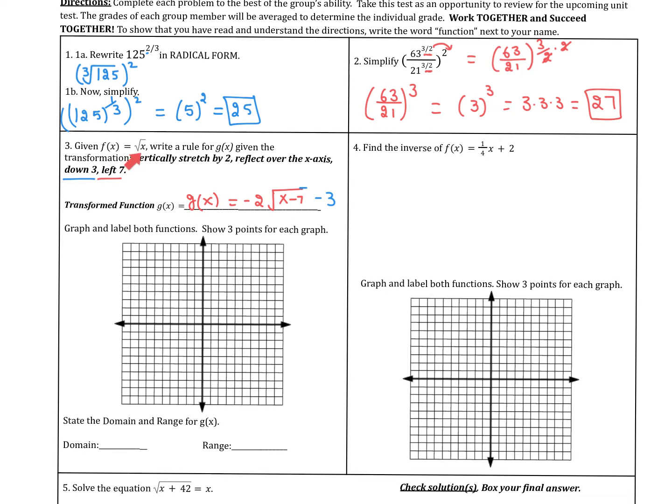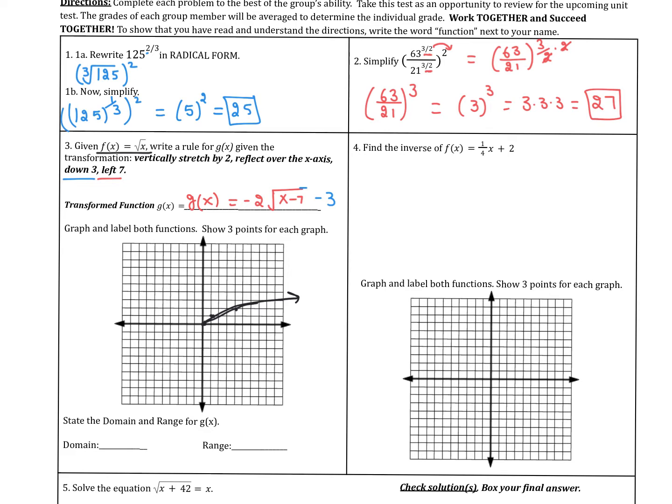First we're going to graph the parent function. So I'm going to graph the parent function, which is 0, 0, 1, 1, 4, 2, 9, 3, and so on. So this is my square root graph. And now I'm going to graph the g(x), which is a transformation